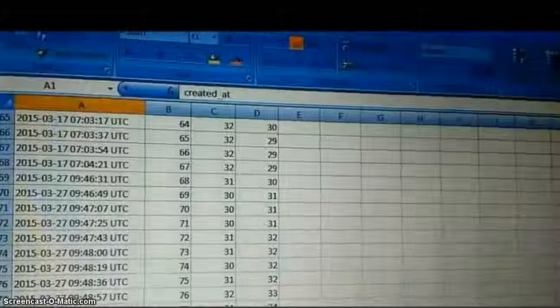This is the CSV file showing temperature and humidity values with time and date of entry in the first column, entry ID in the second column, temperature values in the third, and humidity values in the fourth column respectively.